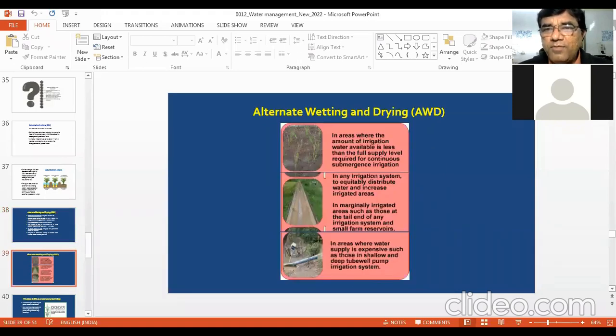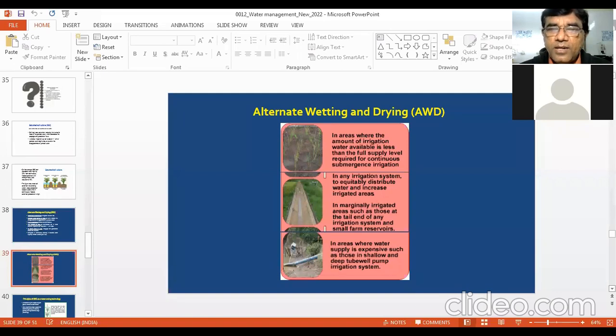So more about alternate wetting and drying. It can be used in areas where the amount of irrigation water available is less than the full supply level required for continuous flooding, particularly in areas where we have scarcity of water, where water is not available as freely as in conventional rice culture. In any irrigation system, it helps to equitably distribute water and increase irrigated areas. Means through this alternate wetting and drying, we can save some water and that water can be diverted to other